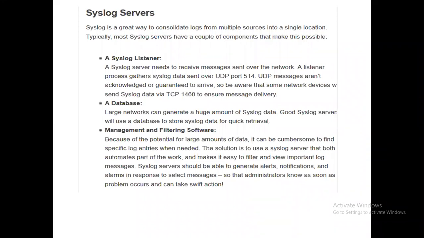If any server generates any kind of critical messages, those log messages should be logged to the centralized host, so that we can filter out all those logs from the central host rather than going to